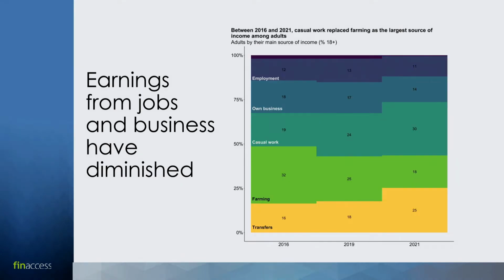Part of the reason for this is possibly the decline in the quality of jobs that we saw from the presentation yesterday. Again, Paul does these wonderful, slightly complex charts, but you can see the squeeze in the dark blue and purple at the top. This is really the share of the population earning income from employment and business, which has actually reduced as a share of the total population. Correspondingly, the yellow at the bottom shows the increasing percentage of the population that are dependent on transfers, often coming from those top bands.